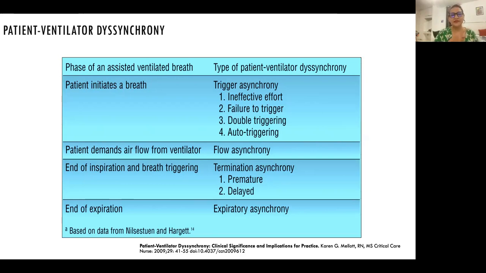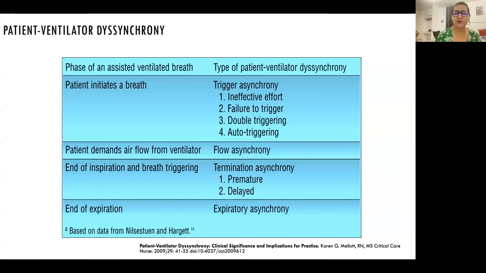And then, as I said, flow asynchrony may happen because the patient demands airflow from the ventilator which is not as much as is required, and so flow asynchrony comes. And then the end of inspiration, the breath termination, could be a problem. Termination asynchrony can happen when the ventilator ends the breath either prematurely or late, because you are the one who is setting the inspiratory time. And